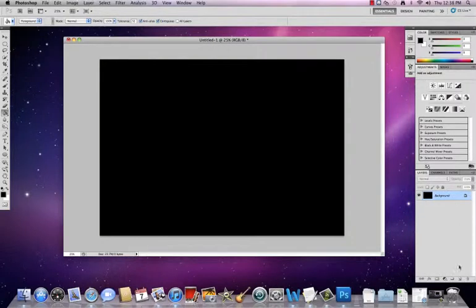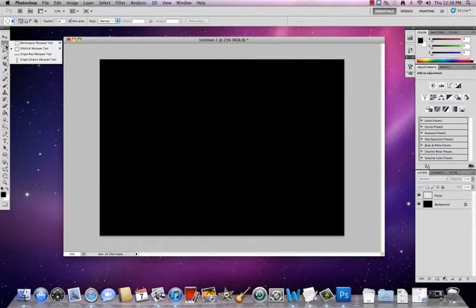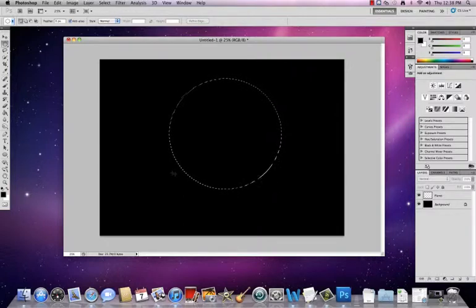We will begin with making a new layer, and we're going to want to name that layer planet. So we go to the marquee tool and make sure you're on the elliptical marquee tool so we can create a circle. And you want to make your circle a pretty big size so you can make the base of your planet. Then make sure you're still on your planet layer